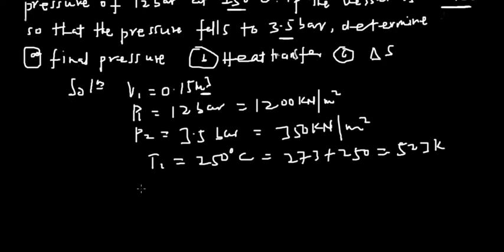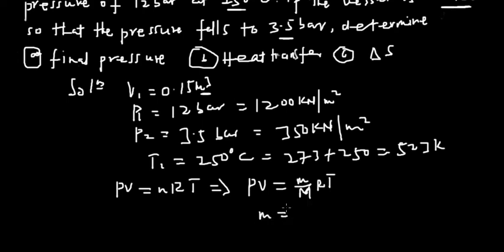Now, since we know all of this, let's look at how to find our final pressure. From the ideal gas law, you know that PV is equal to nRT. From here, you know that this is the same as PV equals mass over molar mass times RT. Now, let's say RT and molar mass are constant, and we are finding mass. So mass will be equal to PV